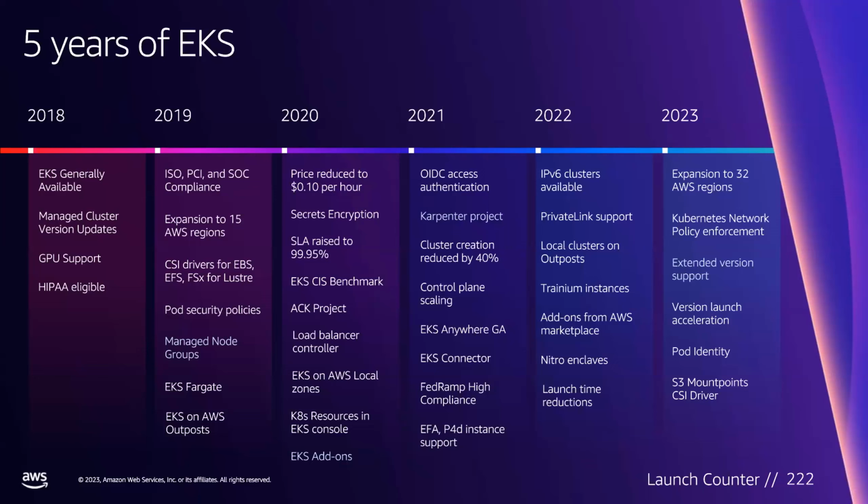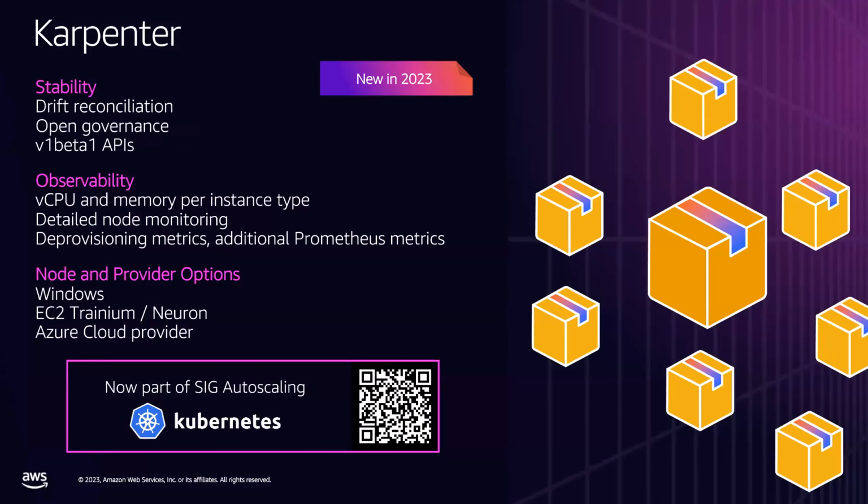It's hard to explain so many things. As you can see, the numbers are going up, right? We're not stopping here. Every year, every quarter, every day, we're working on some new features. And here, Karpenter, I already had a deep dive talk in the forum in January. You can look at that video about the feature of Karpenter. Basically, it's an open source lifecycle management for your nodes. And also, even better, you can see other cloud providers already embrace this journey. Azure already provides a cloud provider for Karpenter.